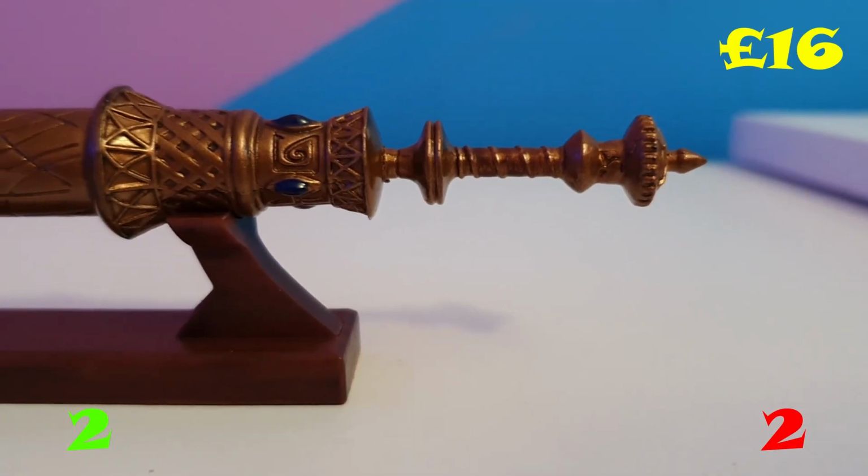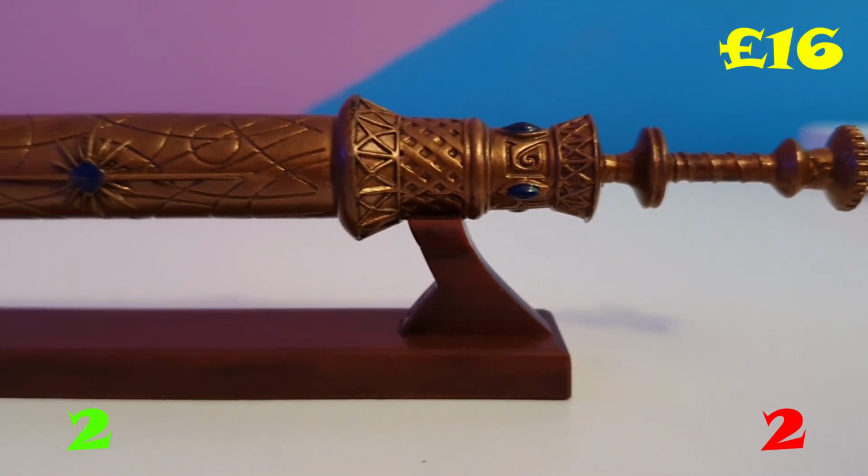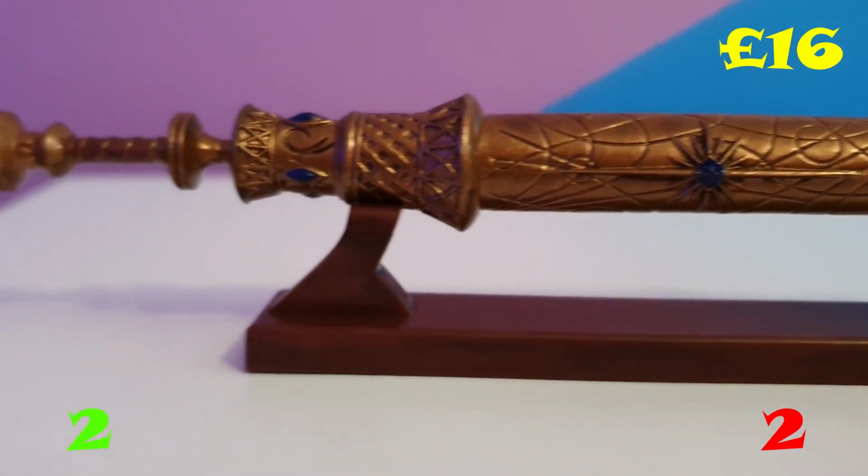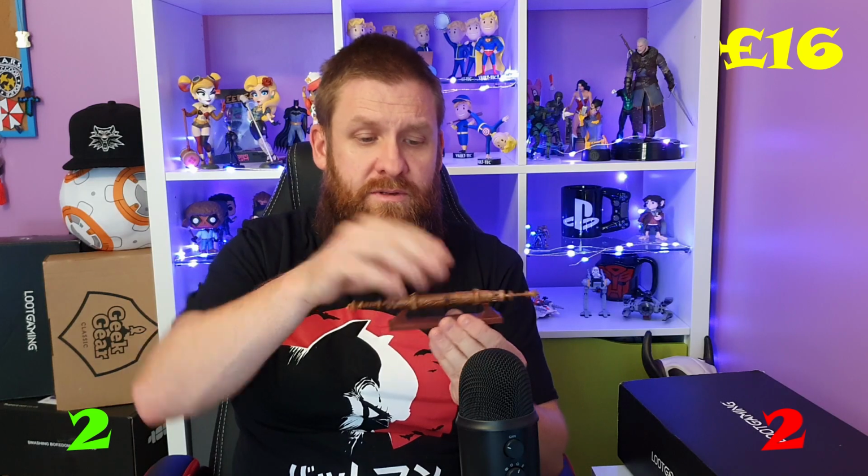Why is that? Well, that's Elder Scroll. Okay, it's a replica of what an Elder Scroll looks like, apparently. Oop, there we go, let's get rid of that. So it's a scroll with a stand. There it goes. There you go. It's a replica scroll on a stand. Now,